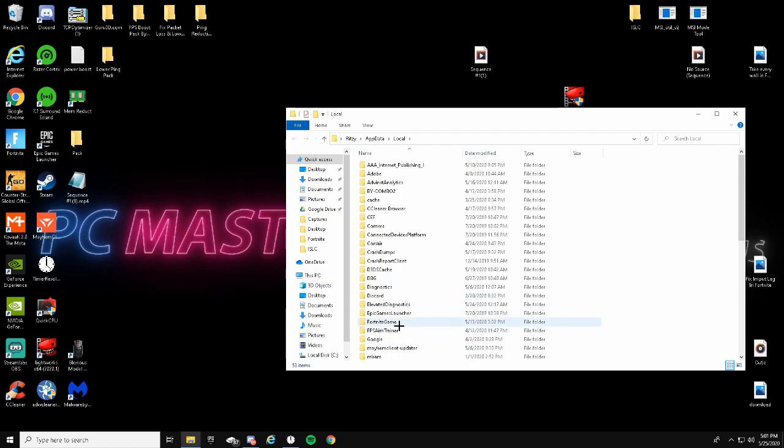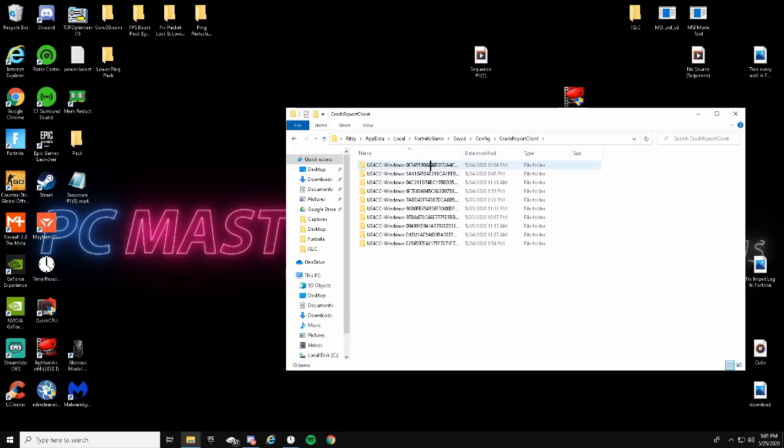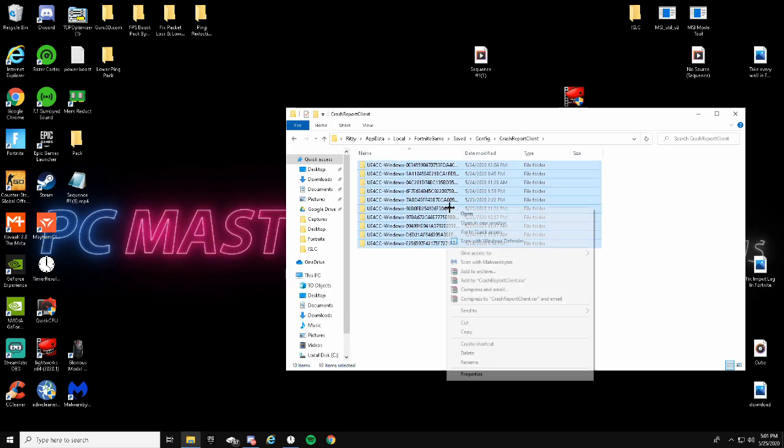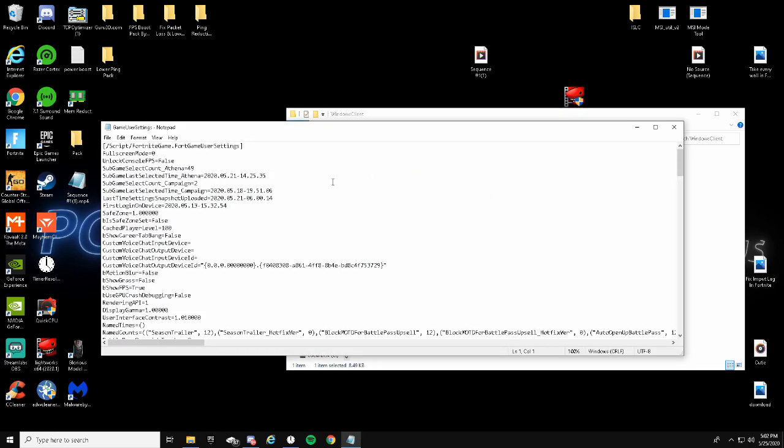Now, next thing we're going to do is click on our Fortnite game, and just double click it, double click Saved, double click Config, and double click WindowsClient. If you have any crash report clients, just double click that and delete all of these. Right click and delete. Go over here, WindowsClient, GameUserSettings, go ahead and go into your GameUserSettings, and